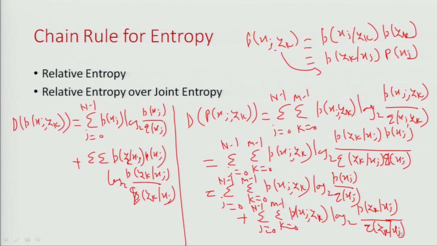Okay. Then the first part can be written as D of p(x_j) over q(x_j), plus the second part